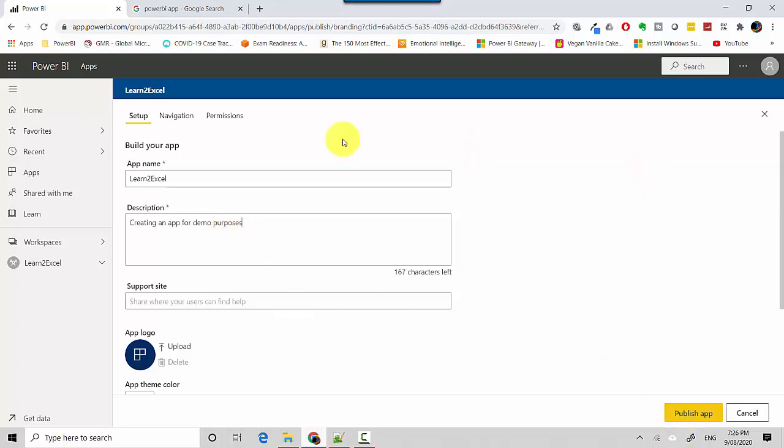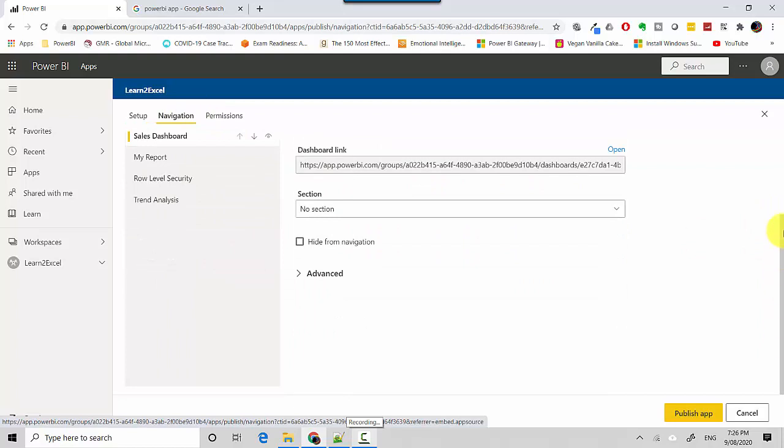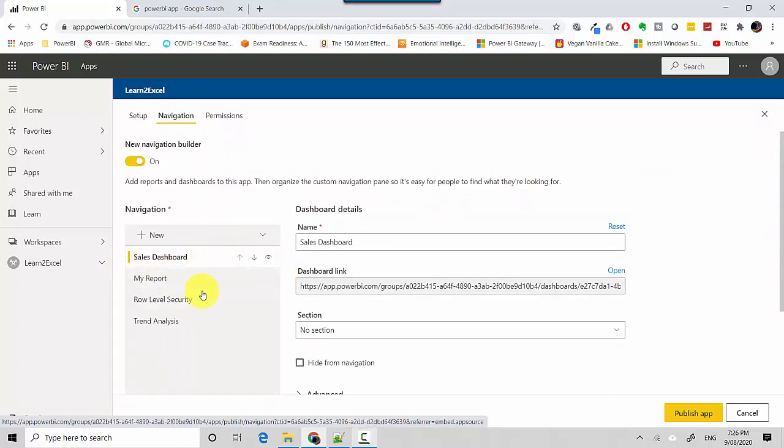Then we've got the navigation. It has all the dashboards and reports which I already have, and I could hide them or show them. I'll keep the dashboard.